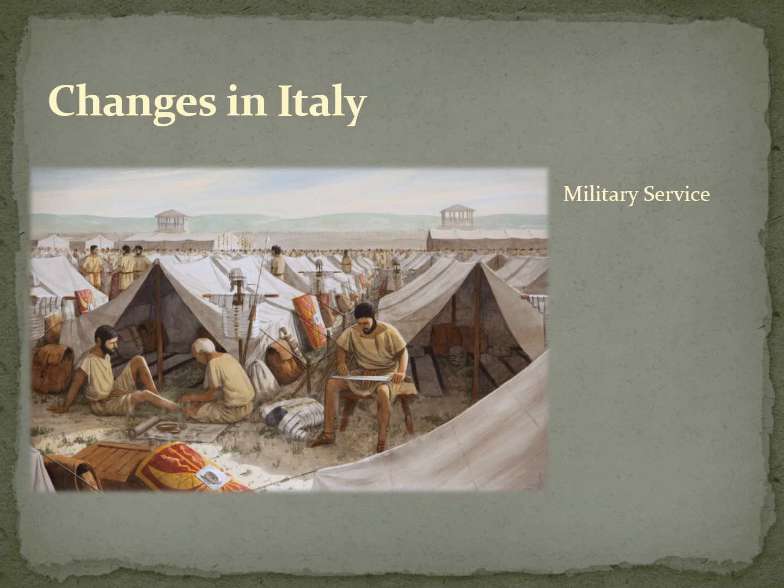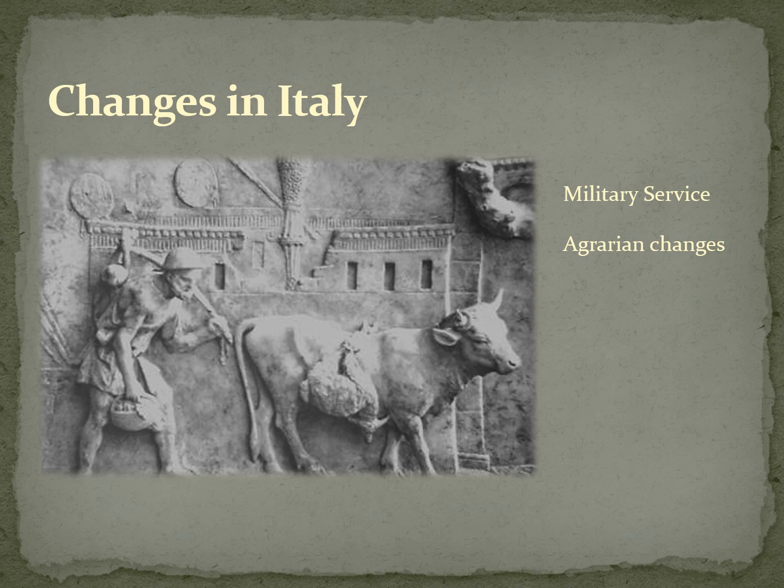And it wasn't only during wartime that this would happen. As Rome acquired more and more provinces, it needed to keep permanent troops stationed for longer and longer periods of time. So that during the Middle Republic, even during peacetime, something like 120,000 men were under arms, and that was at peace. Well, this put an immense strain on the Roman system.